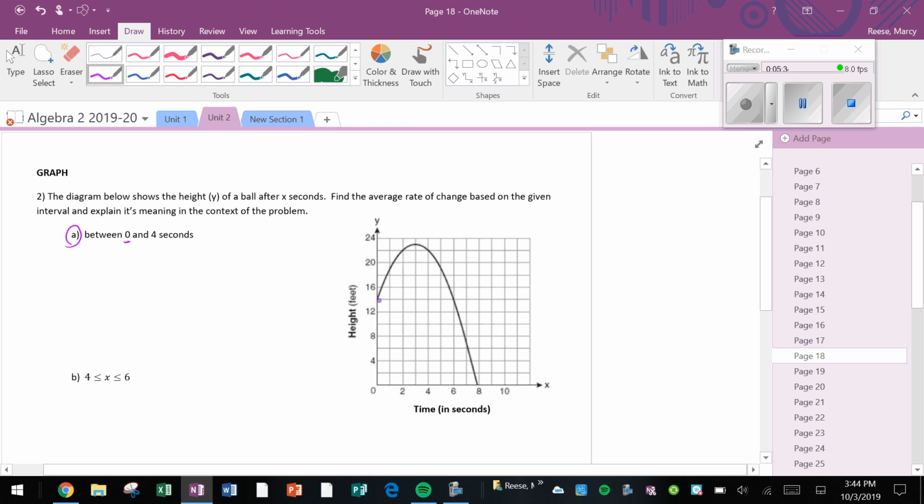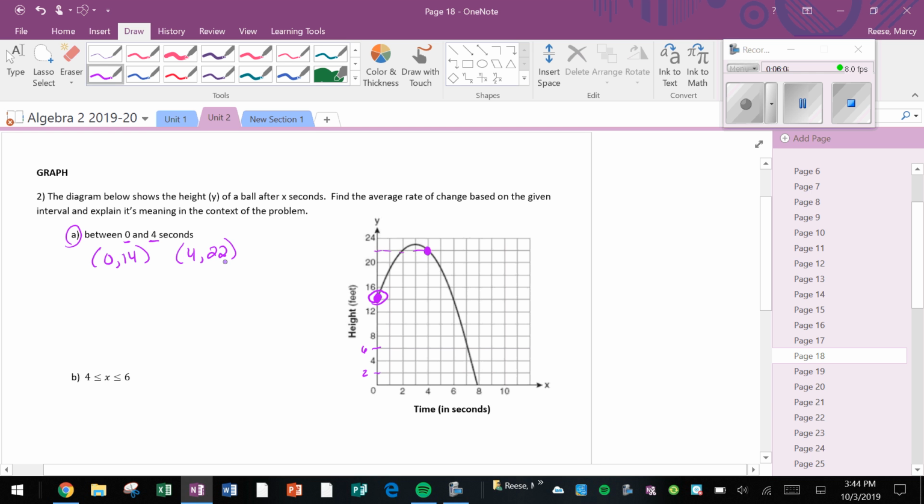So when x is 0, I'm going to look at that point there. And when x is 4, look at that point there. Now, be careful of the intervals of the graph. This goes up by 2 at a time. So this first point right here is going to be (0, 14), because it's in between 12 and 16. And then when x is 4, I'm going to come here, and this is